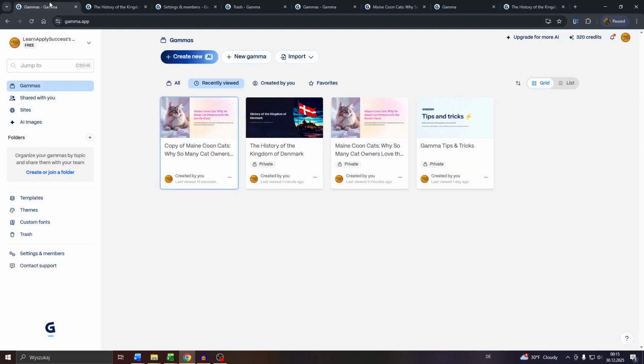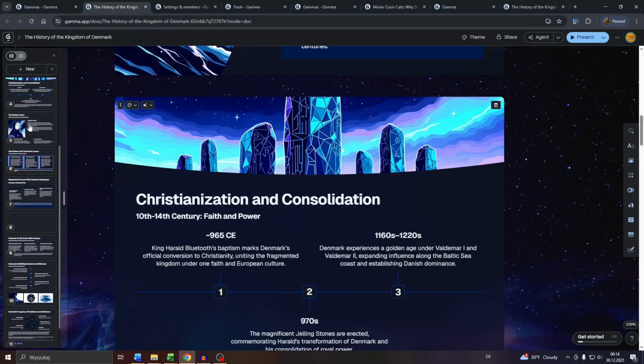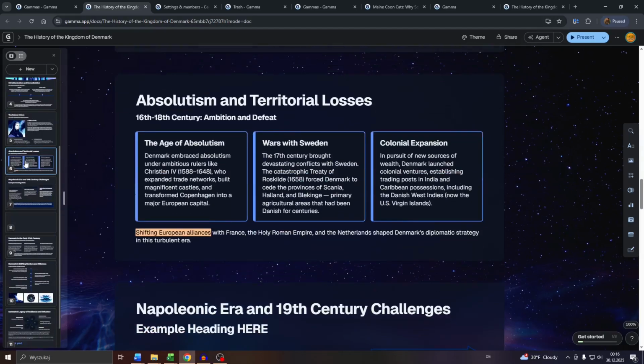So navigate to Gamma AI, log into your account, click into Gammas to the left and select one of these presentations inside your account. After that, what you want to do guys is navigate to the given slide here to the left. We go with slide number 6. And then guys, there are two ways how you can export